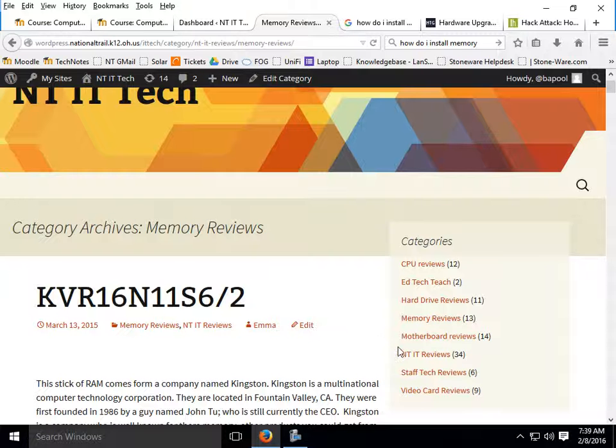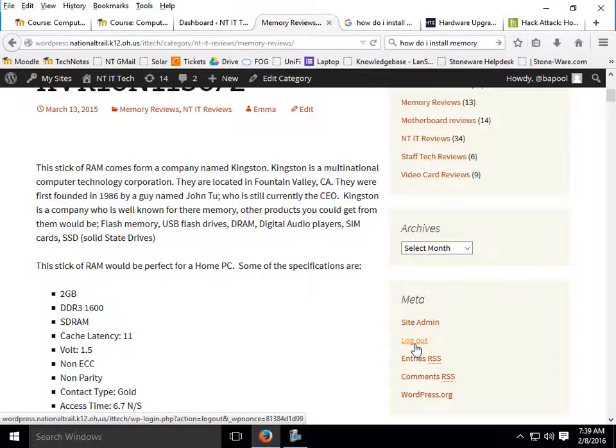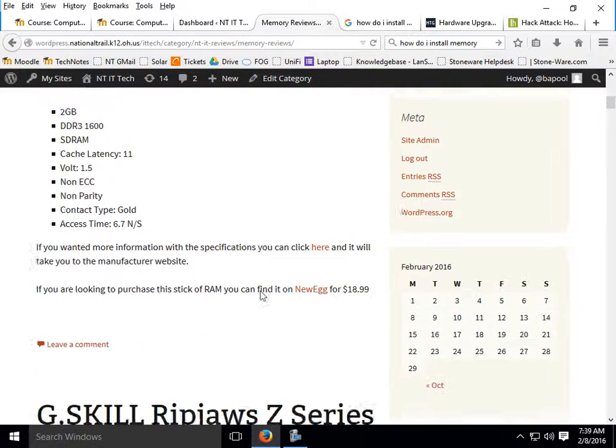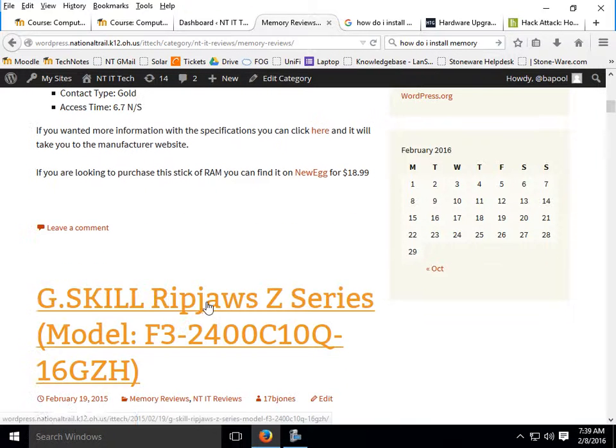Okay, so this blog, and we're going to talk more about it, is about one of the sticks of RAM that you did a review on. So this is one person's blog talking a little bit about their background. By the way, this is random who came up here, so I'm not going to say how good or bad of a grade this one got, but it goes over the specifications of it. Okay, so that's a bad one. There's not a single picture in there. Let's see if we can go down and see. There's a little better